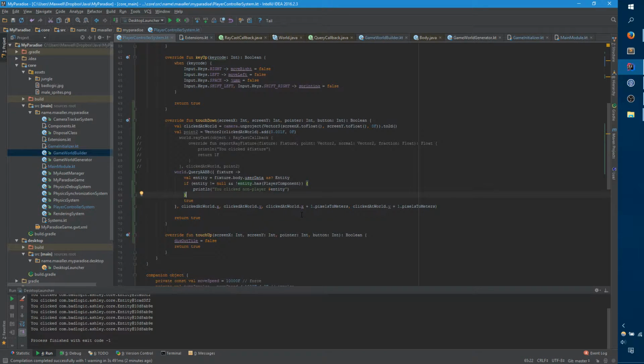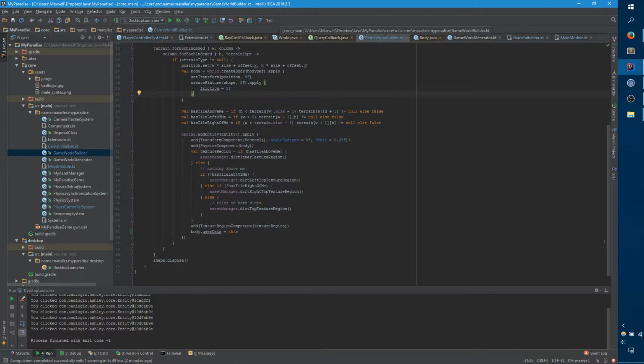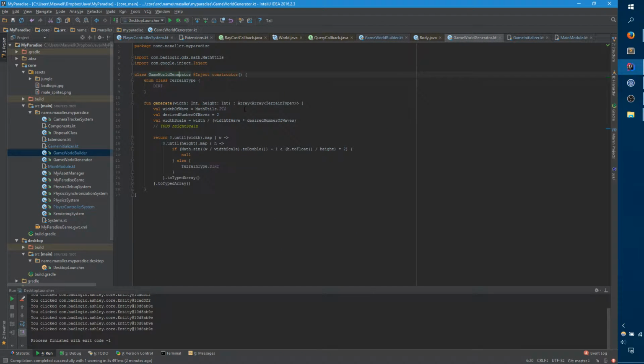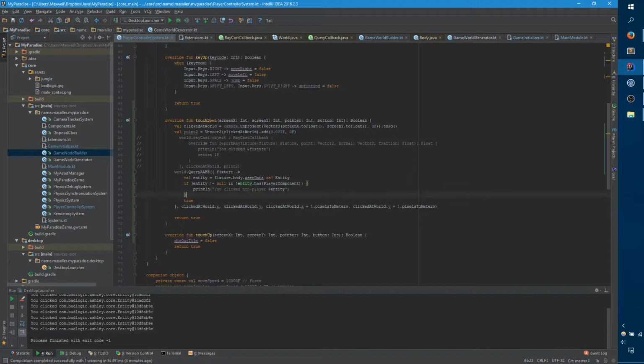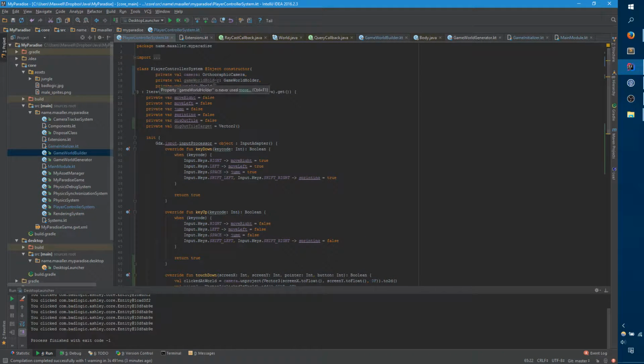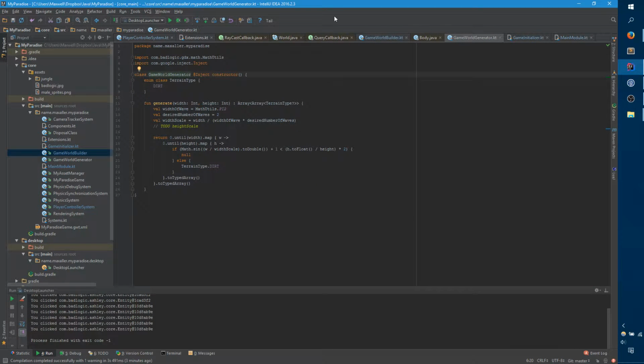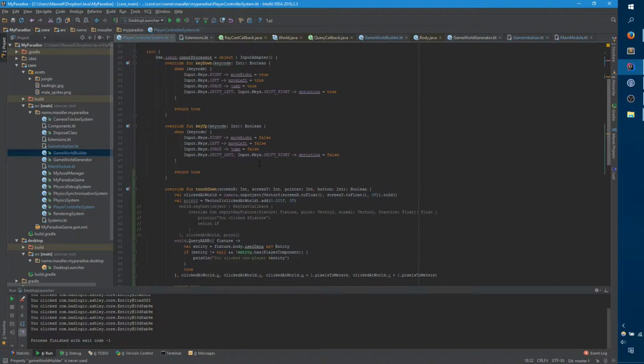Okay, so the next question is, what do you do with this information? You have the entity. I guess the question is, this world array that we went to all this trouble of saving, do we actually want to use it or not? Do we actually want to update the array of world positions? Because that doesn't really do anything. That was only used to pass the game world generator. So we could just say